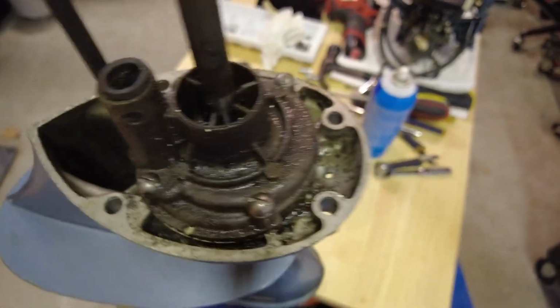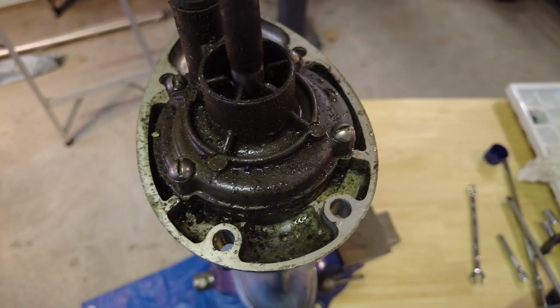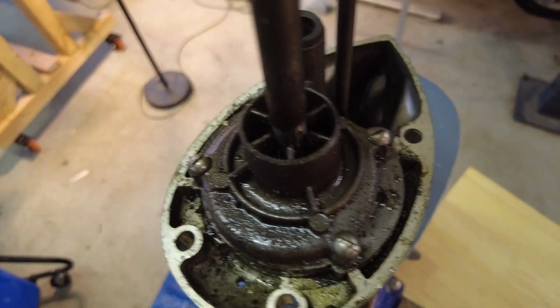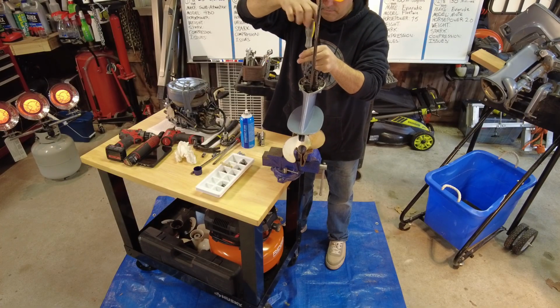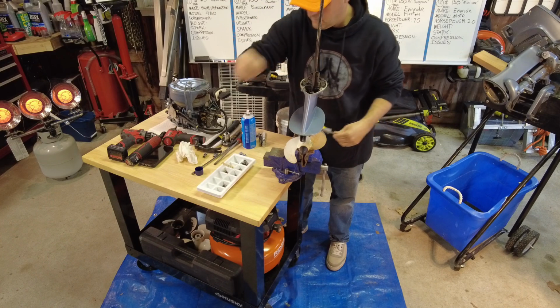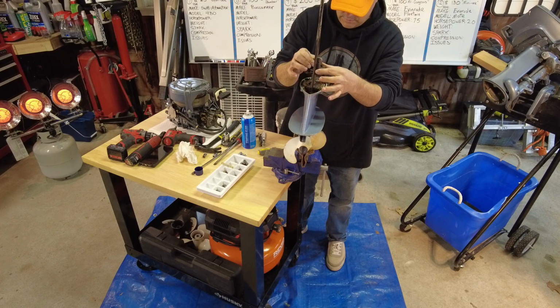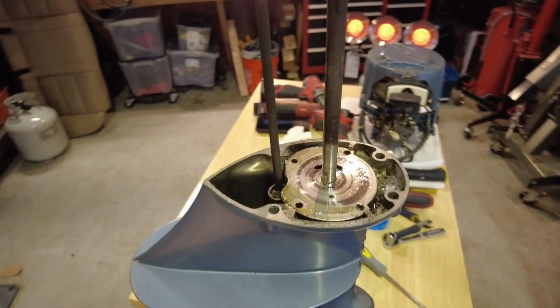So under that black housing right there is the impeller. And if that impeller is all beat up looking, then we know that's the problem. The impeller looks great. In fact, I'm not even going to take it apart anymore. Let's see if I can get some footage of this. It might be tricky with lighting, but...